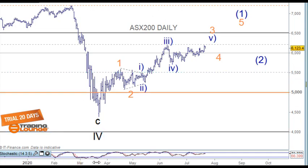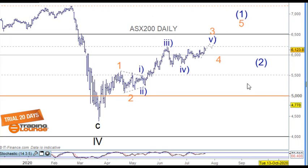So this count that I've got here, I'm quite comfortable with this particular count because we were looking at BHP and FMG and Rio and so on. So 1 and 2 here, 1 and 2 and 3 and 4 here. In fact, that 4 needs to go over here. Sorry about that. And then we're looking for 1 and 2 and 3, 4 and 5 here coming in. So we may make it to the 6,500. We certainly need to make it above the level 3, the number 3 here for this, and that will give us 5 of minor degree